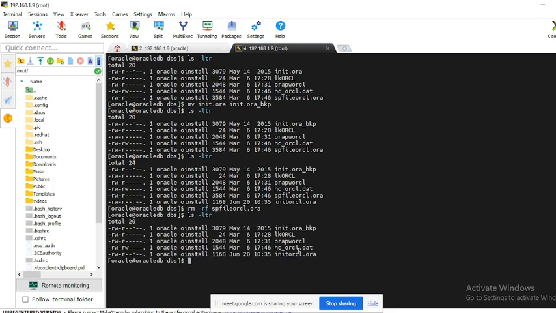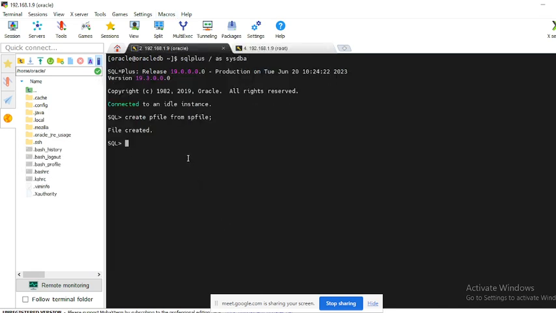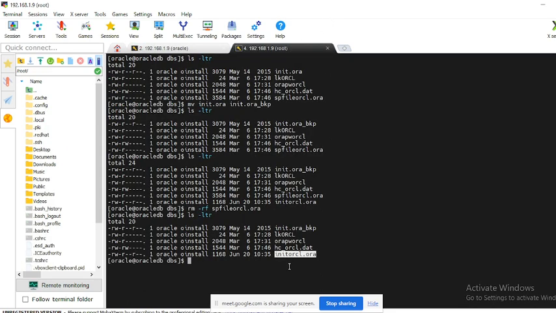Here we can check, there is no SP file, but we have the parameter file, the P file. So we just run the command create spfile from pfile, because we have the P file. From that P file we can create an SP file.